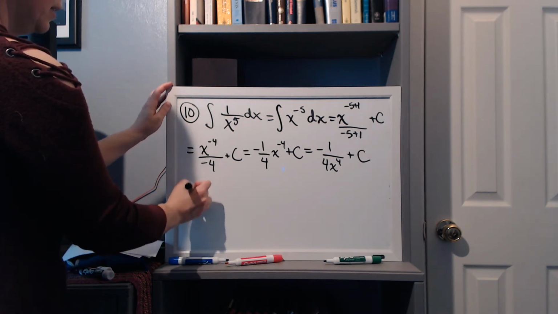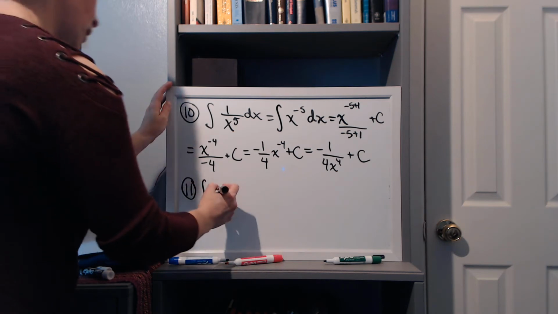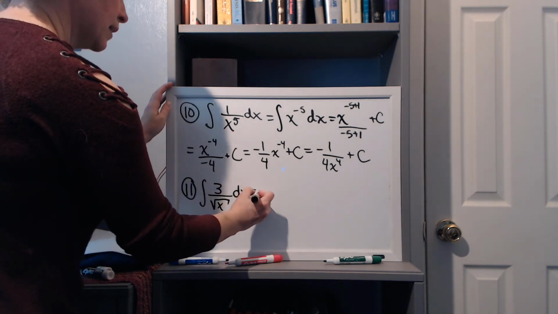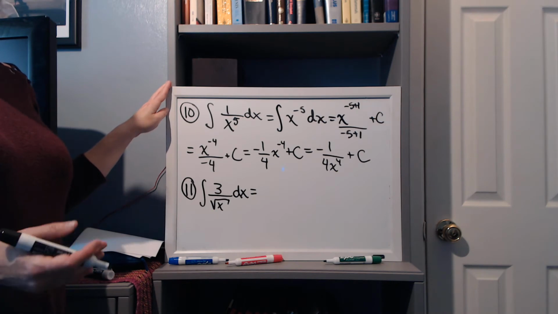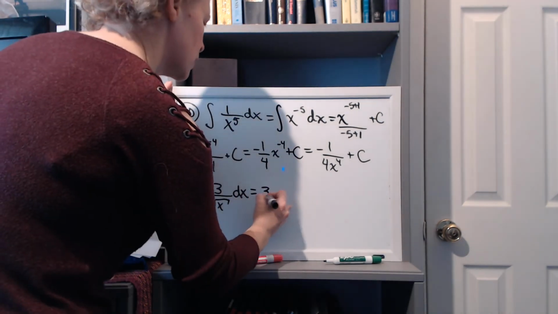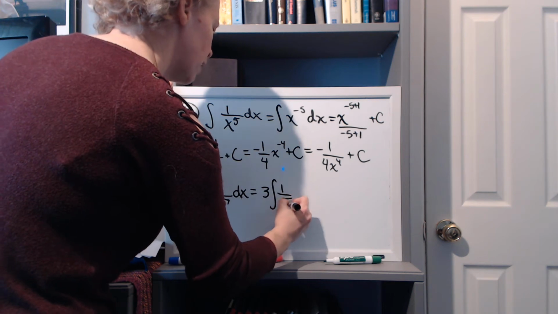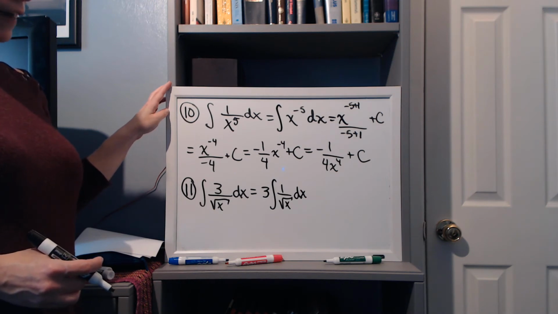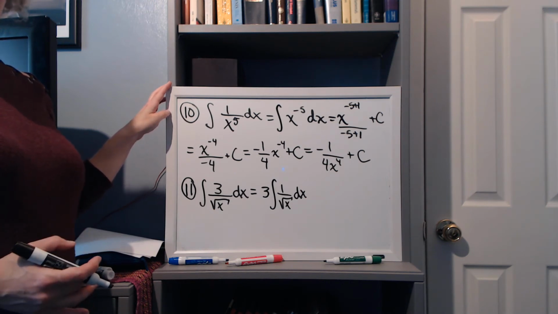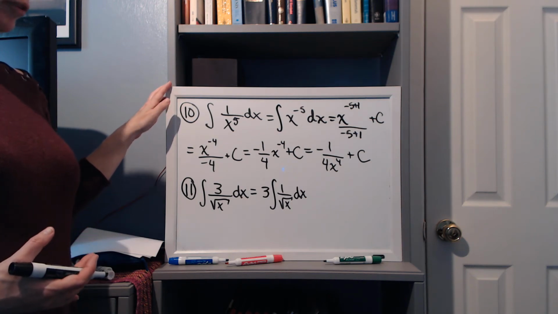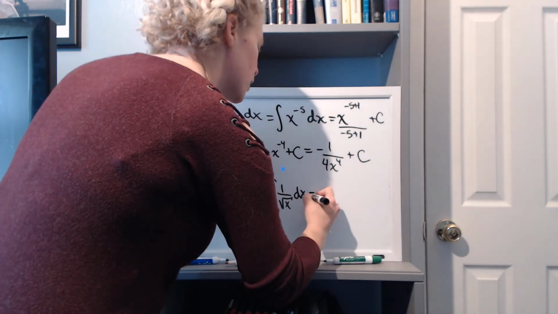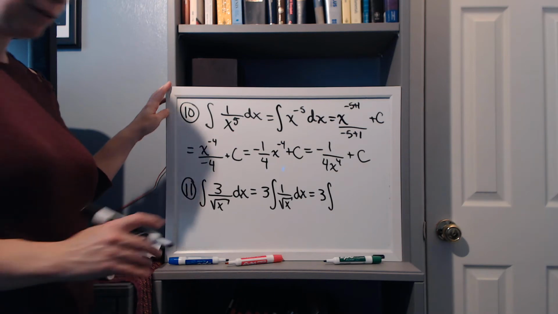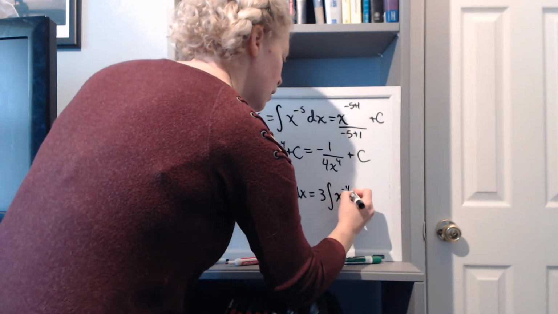All right, number 11. We have the integral of 3 over the square root of x dx. And the first thing I'm going to do here is apply the constant multiple rule and pull the 3 out. So it's going to give us 3 times the integral of 1 over square root of x dx. Now this 1 over square root of x, we want to convert into an exponential form so that we can apply the power rule for antiderivatives. The square root is going to give us a 1/2 power because it's in the denominator. That's going to be a negative exponent. So we're going to get x to the negative 1/2